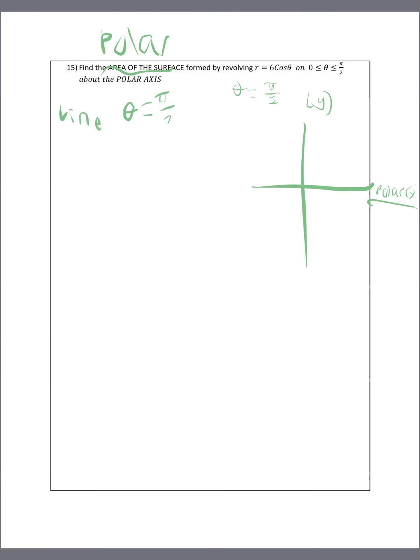Don't ask me why, but that's what they call it. So when you're revolving it around the polar axis, this way, there's a specific formula. And then when you revolve it around the y-axis, the line theta is equal to pi over 2, so when you're revolving it this way,